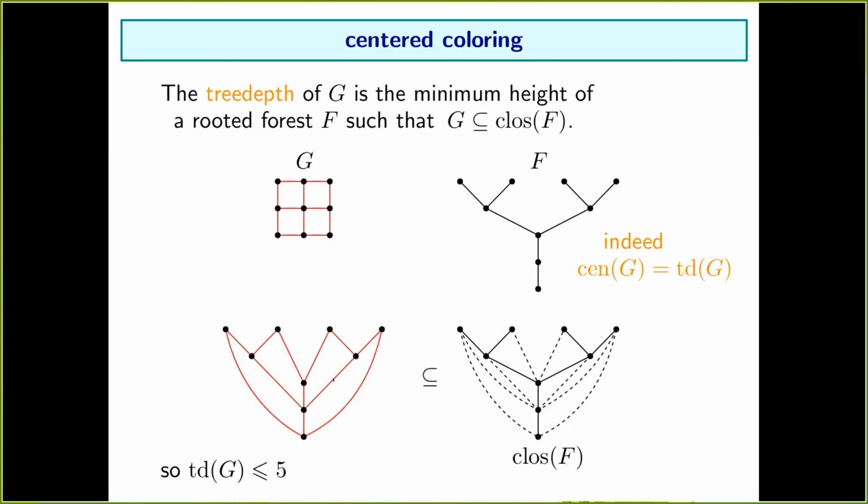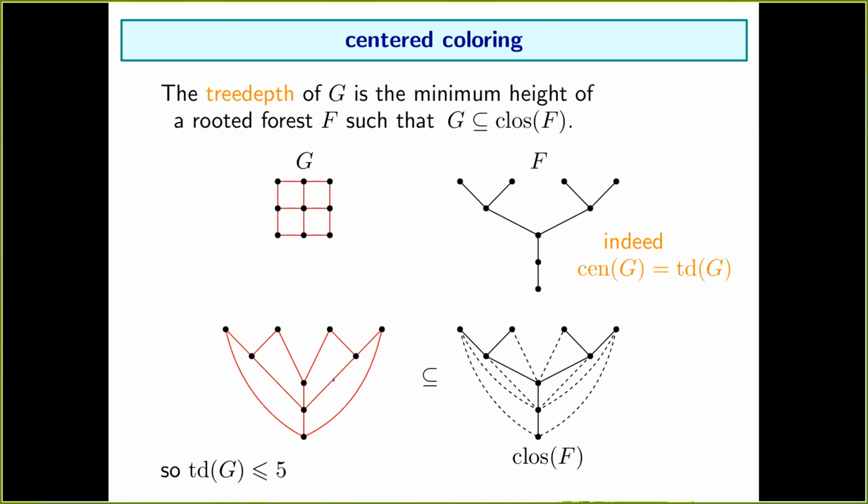The other is also easy. It's the same thing, but maybe a bit fancier. And here's an idea how to interpolate between the two parameters, between chi and the tree depth. So fix your integer p, and then a vertex coloring is called p-centered if for every connected subgraph, either this subgraph carries lots of colors, more than p colors, or again we have a color that is used exactly once. This color used exactly once would be a center. The vertex carrying this color would be a center of the subgraph.